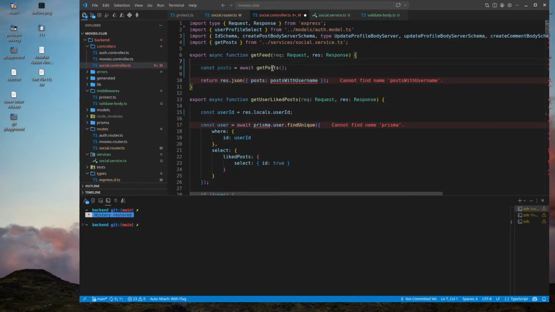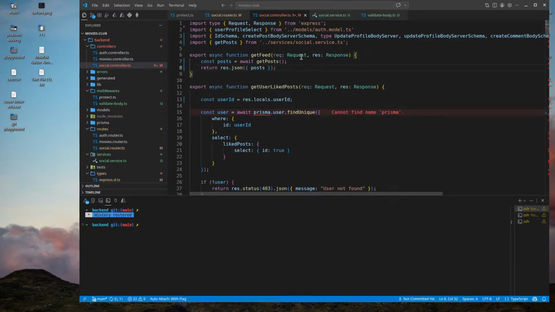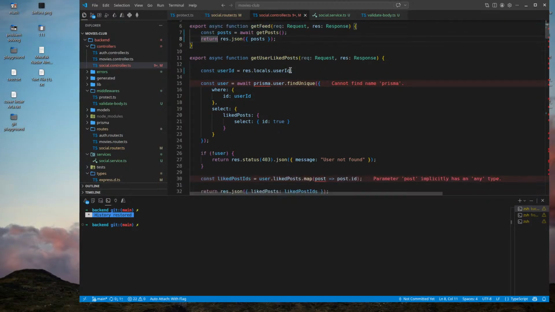Okay, so now this function becomes like this. And all I have to do is now the second function request. So now this function raise.local's user ID. Okay, this function is protected. So now I won't reach here unless there is a user ID inside locals. And I used this function in locals instead of attaching user ID to the request.